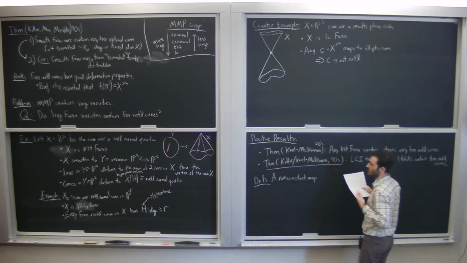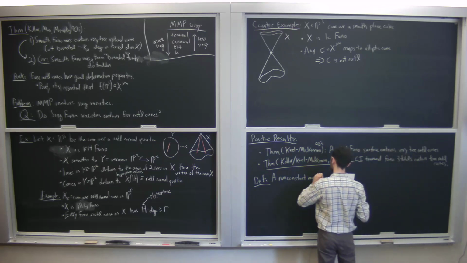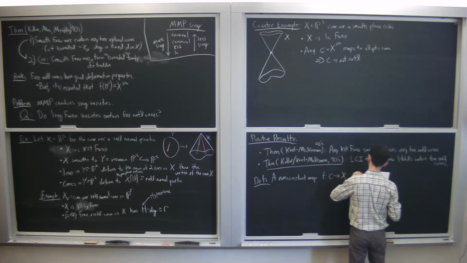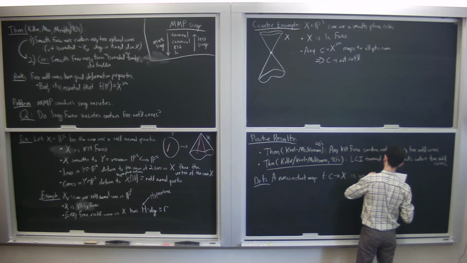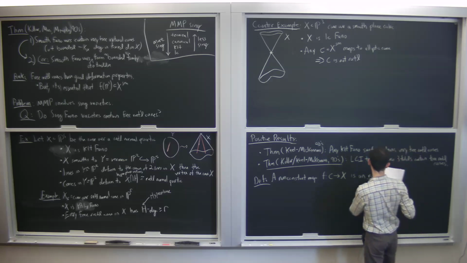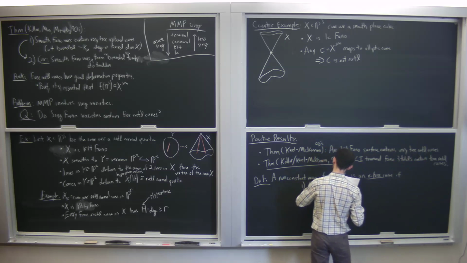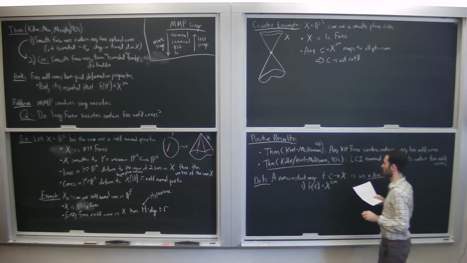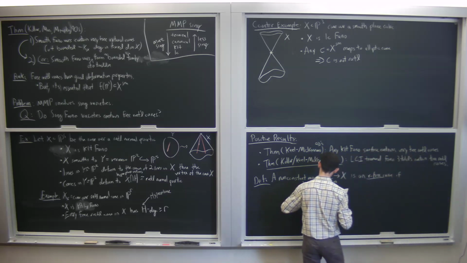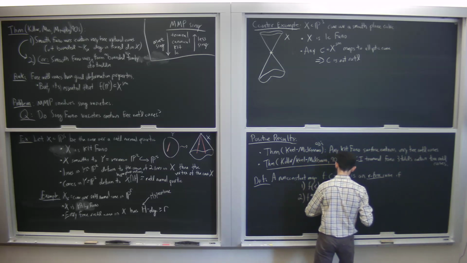What we're going to do is generalize free rational curve to free curve of any genus, okay? So a non-constant map f from a curve C into X is an R-free curve if, one, you'll notice f of C lies in X smooth, the same condition as before. And two, the pullback of the tangent bundle of X is globally generated